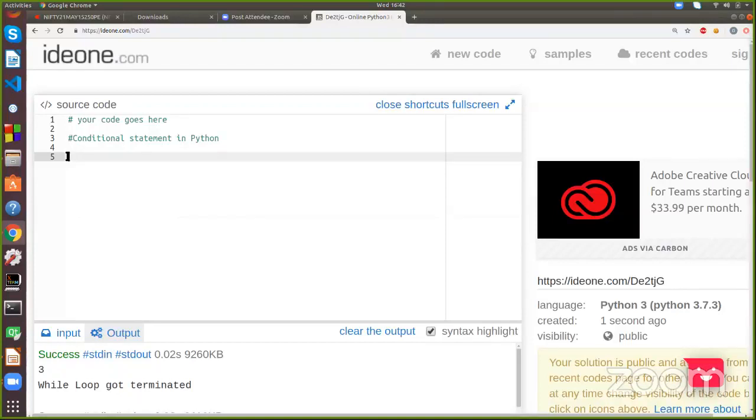Okay. So for example, अगर आपको ऐसा करना है कि आप code का एक portion लिख रहे हैं, जैसे अभी हम लोगों ने while loop में देखा कि हमने एक condition डाला, while n not equal to 0 और n is greater than 10, पर हमें ऐसा करना है कि हमारे पास दो condition है, अगर n की value 5 है तो print the value of n is 5, और अगर n की value 10 है तो print the value of n is 10। हर line तो execute नहीं होनी चाहिए। If my condition got fulfilled, what I want, if the value of n is 5, then only that portion of code will get executed.